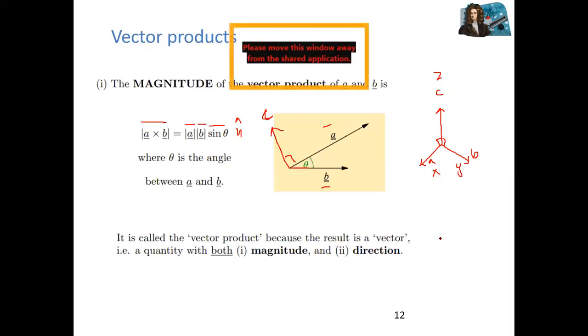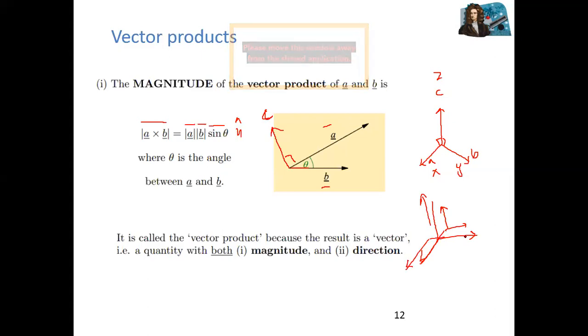When you multiply two vectors, one on the x-axis and one on the y-axis, you will receive the result on the z-axis. Or, for example, one vector is on the y-axis and the second vector is on the z-axis. When you multiply, the result will be on the x-axis. It means the angle between your product and the resultant vector will be 90 degrees.